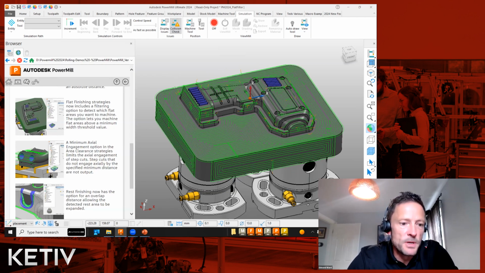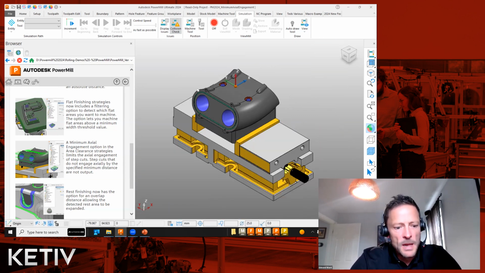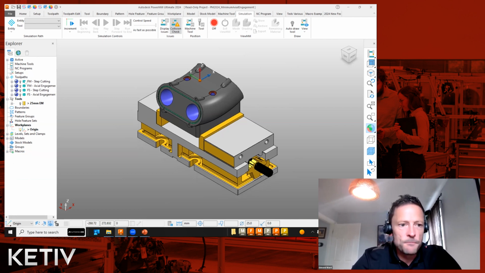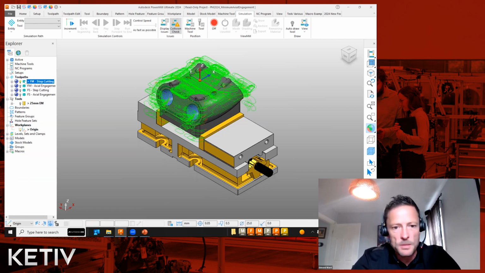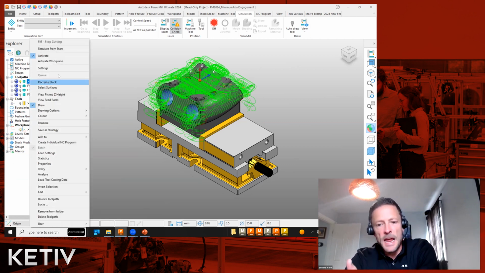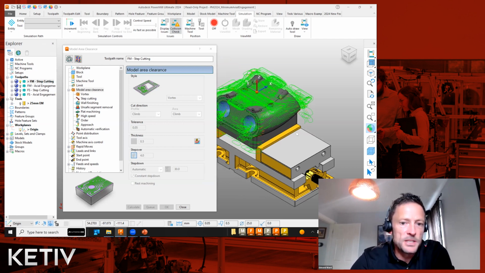Minimum axial engagement. Now, again, I mentioned this is more for your vortex style toolpaths. Again, we'll just quickly go through this one, but anyone that's doing any kind of vortex style, now there's a couple of different options in PowerMill. There's a from model, there's from stock, but the sum of all those parts means that we're doing deep depth of cut, which is then going to leave the steps, but then we have the addition of this step cutting